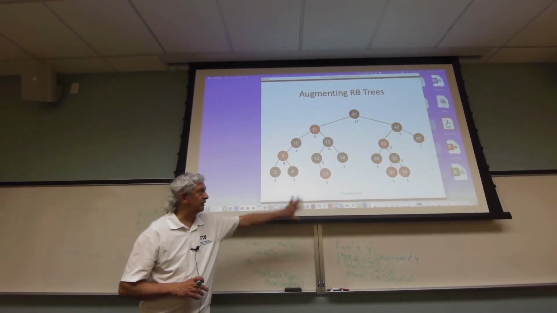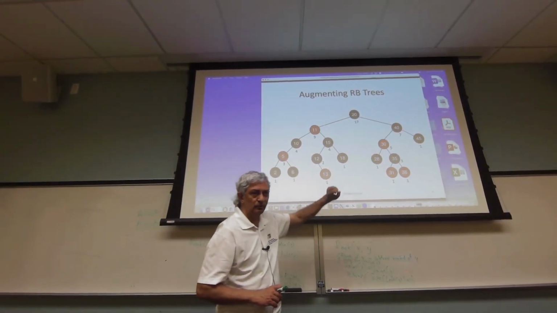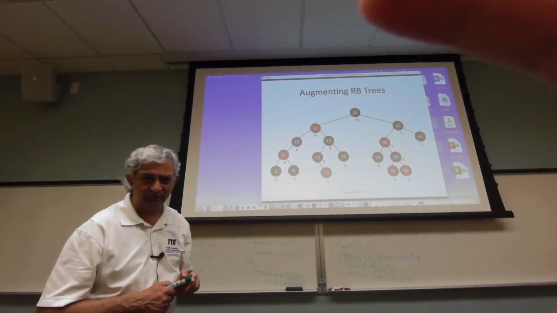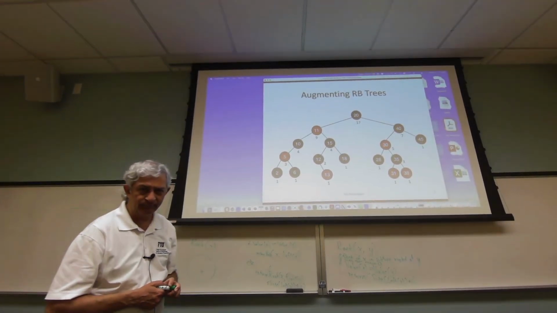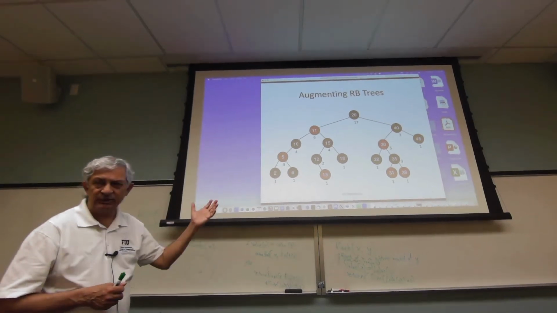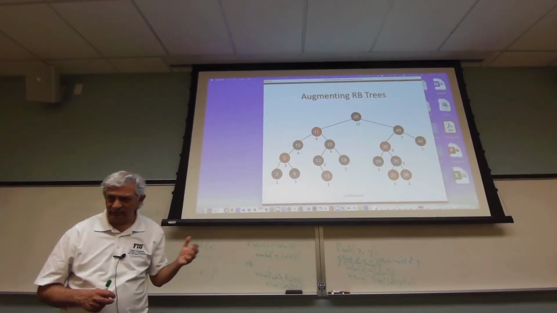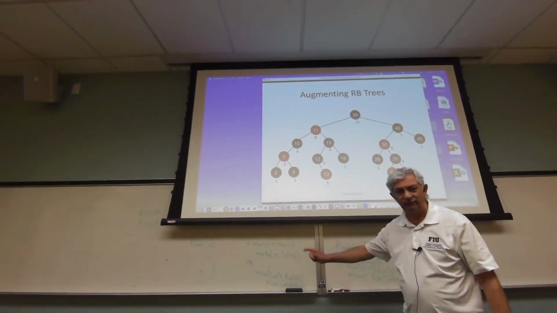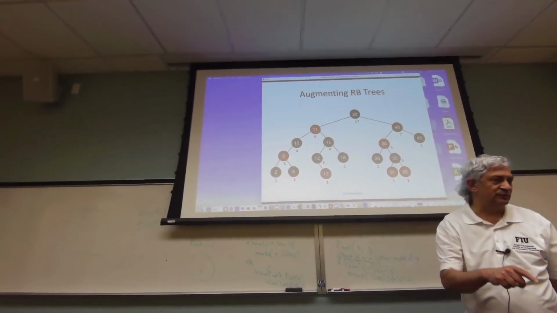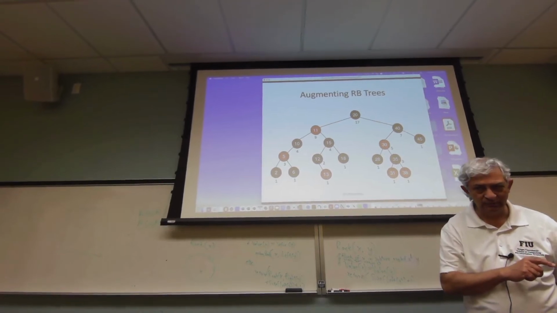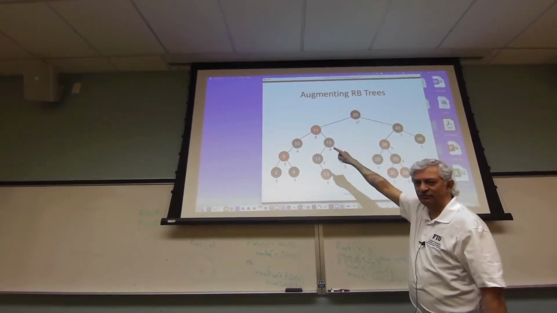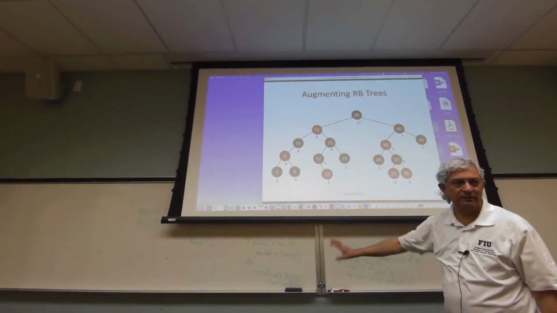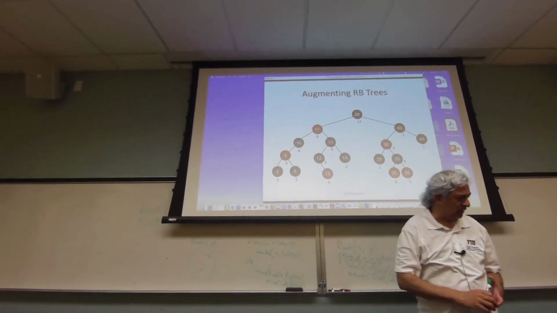So I've told you how to create rank, assuming that every node has this extra information called the size. So that's why this is called an augmented red-black tree. Okay. Now, magically, when we added this size information, we were now able to solve rank operation. And you can quickly look through this code and figure out that the rank operation also can be executed in time proportional to the height of the tree. Because we start there and either we go left or right, left or right, left or right until we reach the node. So therefore, the time complexity is log n,